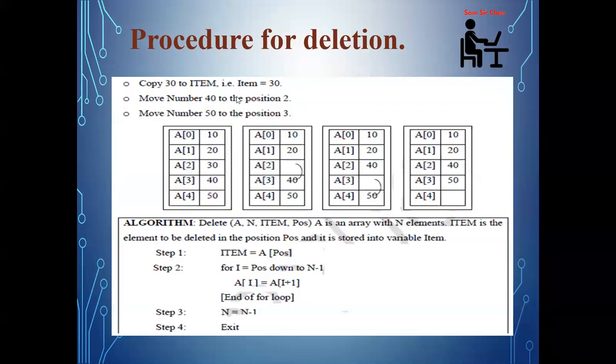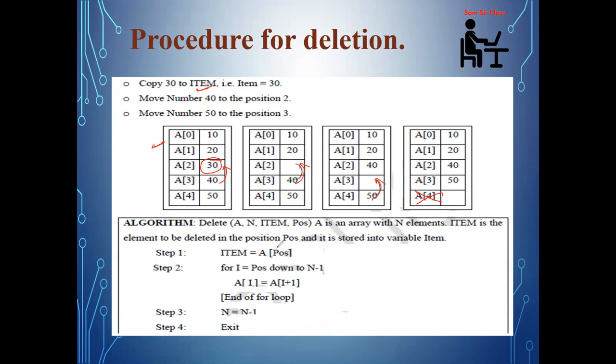Okay, so if you see the same thing, whatever we have discussed through an example once again. Now I want to delete. So this is my array which is given. Okay, I want to delete 30. Clear? So here item and position both are given. So no need to search. So 30, what I am doing, I am keeping in an item variable. Okay. Now I am just moving 40 to its left, 50 to its left, and finally just reducing the size of the array.